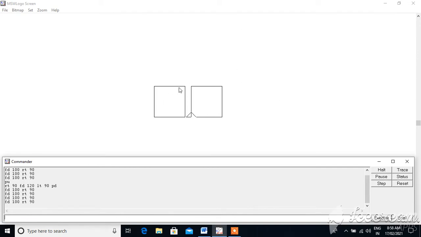In such a way I drew two squares on the screen. So I used only two commands, forward and right.